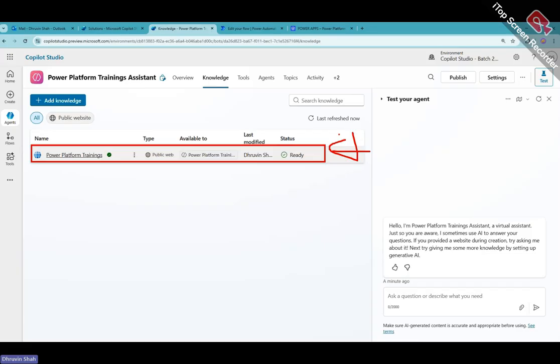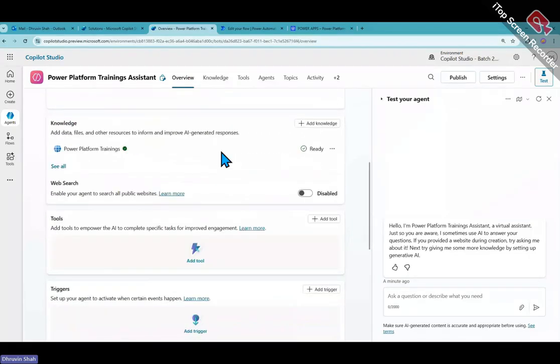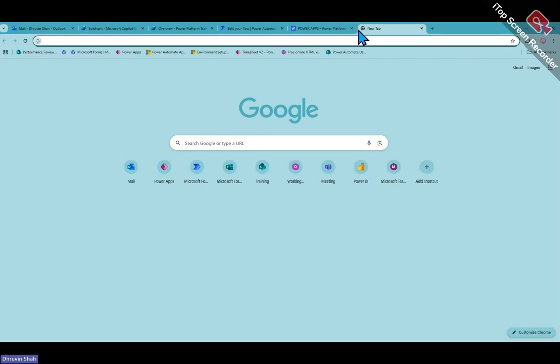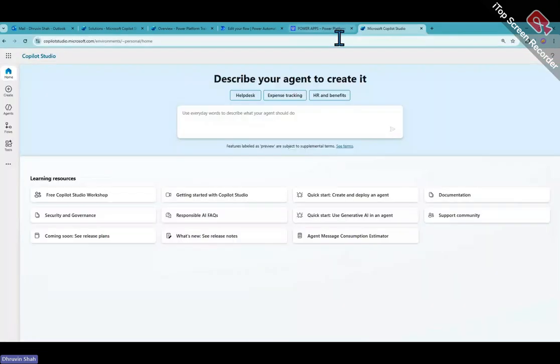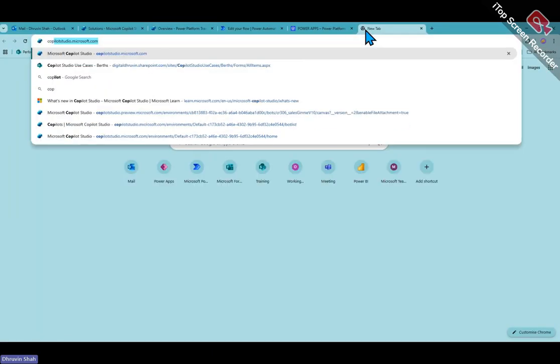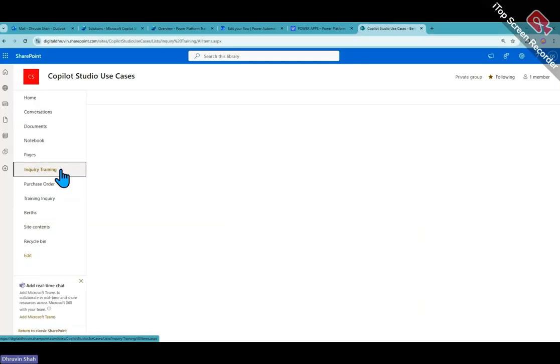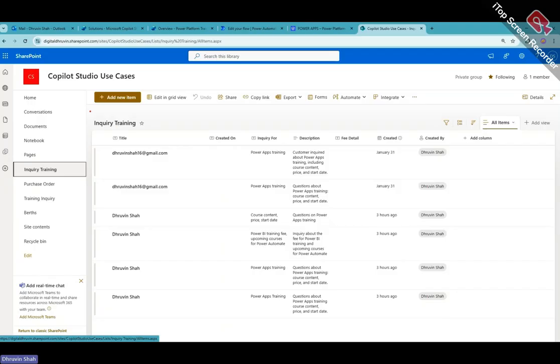Perfect, it's done. I'm going to the overview section again, and now I will decide what next task I want to do. I want to do the task where they need to send an email with the response. So I'll obviously use the send an email action, and I also want to log an entry into a SharePoint list. So let me open the SharePoint list first. I have already one SharePoint list created before this class. So let me open that up,